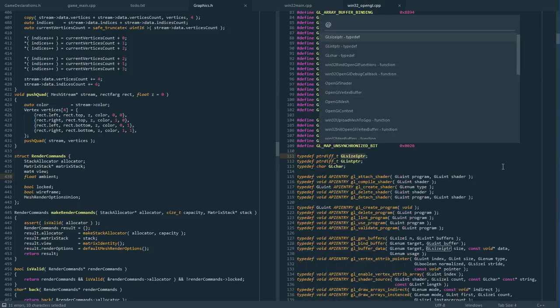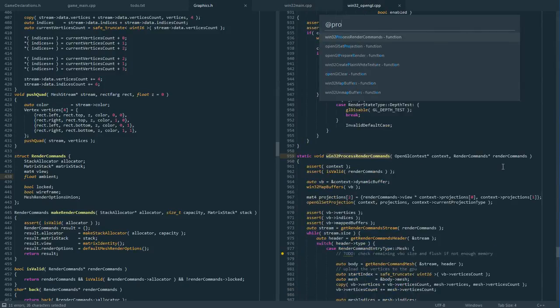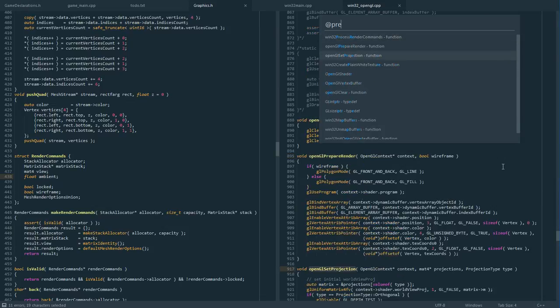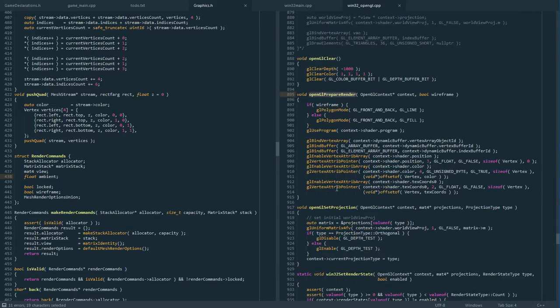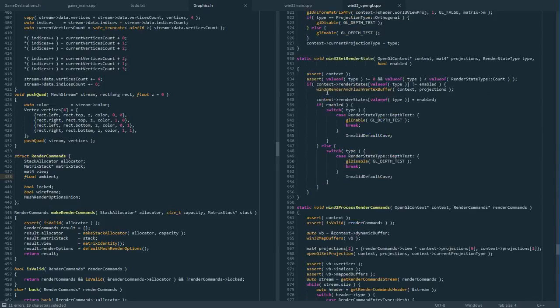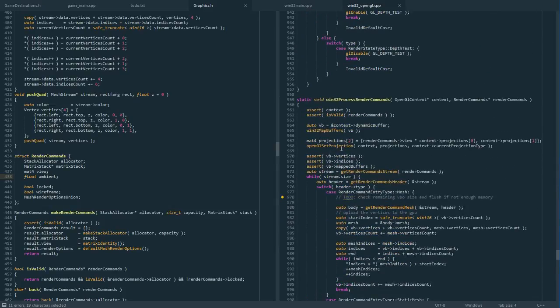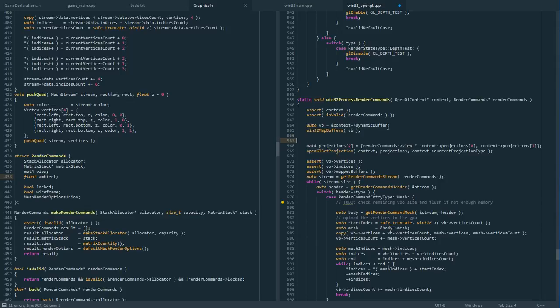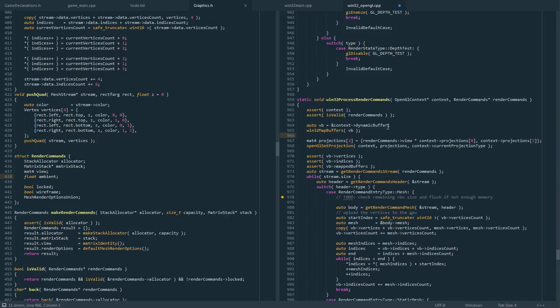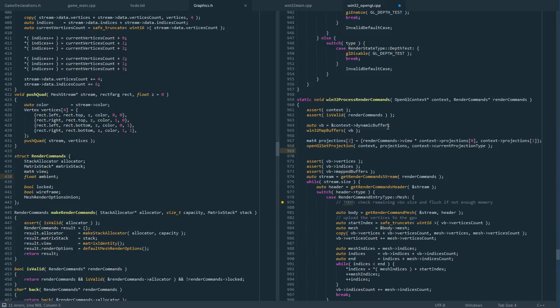And in the OpenGL layer, in the prepare render methods, this doesn't take the render commands. Okay, here it happens. We're gonna set the ambient lighting